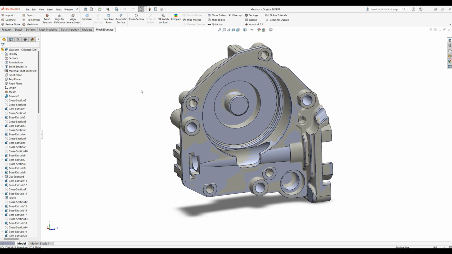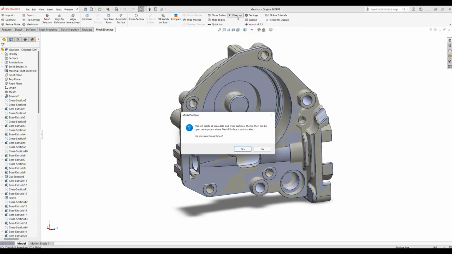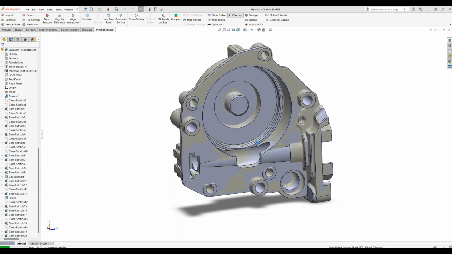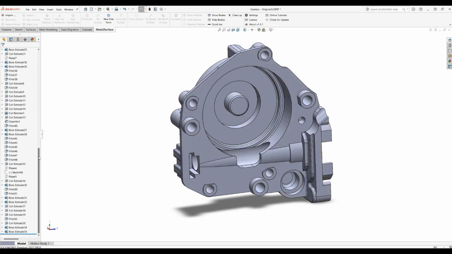For this reason, we have one cleanup button, which is on the main toolbar of Mesh to Surface, and then you press it. What it will do, it will ask you if you are sure to do this action, that it will clear everything that is available in this project. If you press yes, all the primitives that have been created by Mesh to Surface, including the imported mesh, will